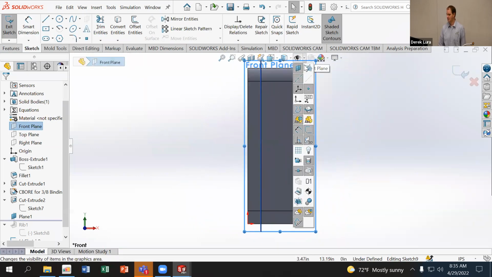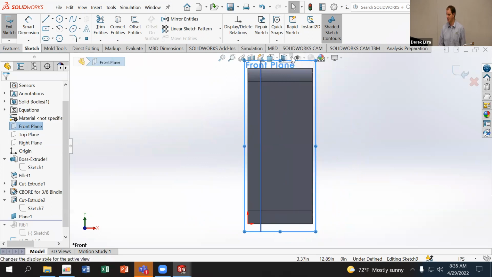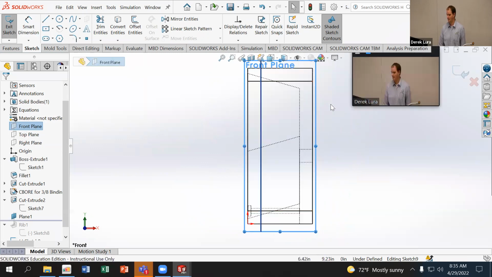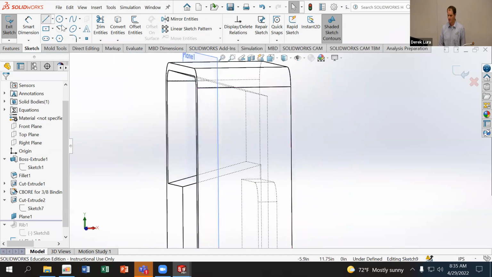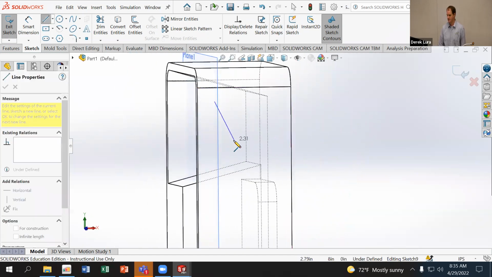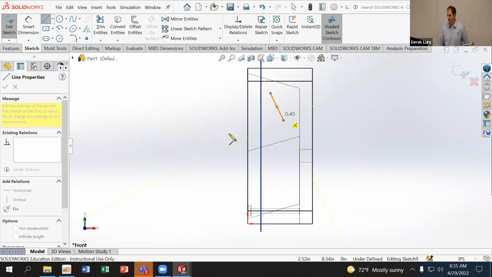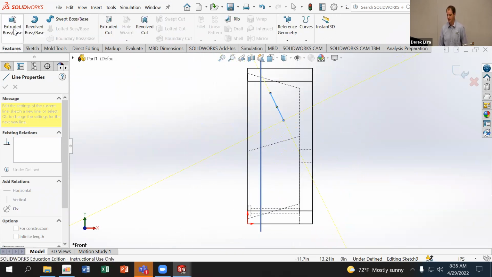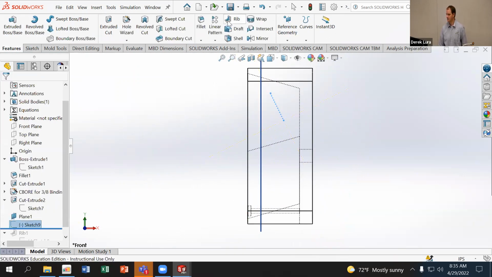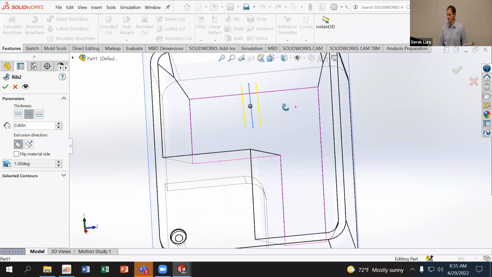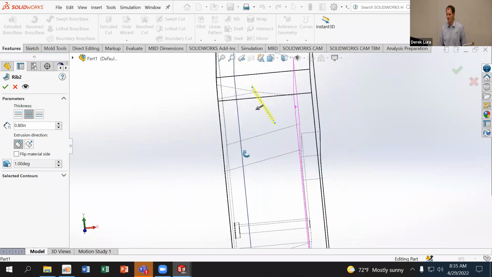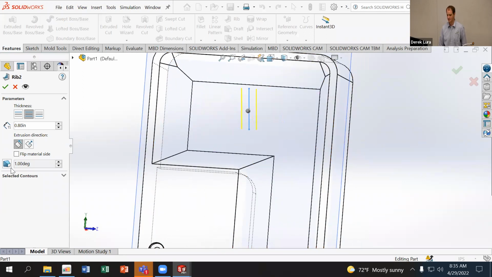I'm going to change my view type so I can actually see the interior geometry a little bit. So I'm going to use a hidden line view. And I can make my rib, say it goes like that at an angle. Again, as long as I get the direction defined appropriately, I can't have it come out of the part. It's got to go into the part. So I'll just flip the direction of the